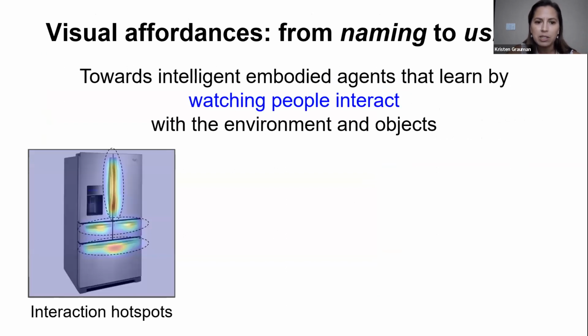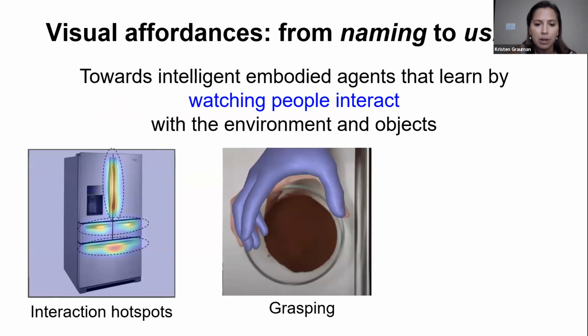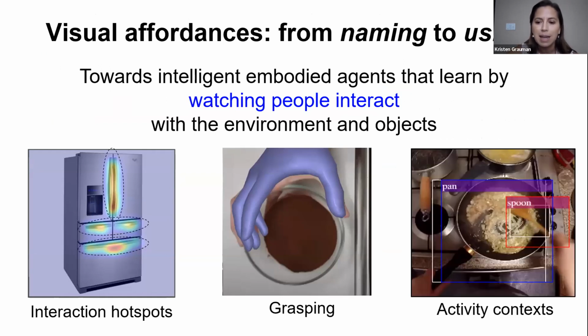Okay, so how can we learn by watching people interact? I'm going to show you examples for visual affordances, for grasping based on those affordances, and for sequential visual planning tasks that leverage activity context learned from people. And so throughout, we're coming from the computer vision standpoint to start, and I'll be showing you though how we translate that into action for our agents. In our case, thus far with simulations, both with dexterous hand robots and with visual planning robots that have high-level abstracted action spaces for the latter.